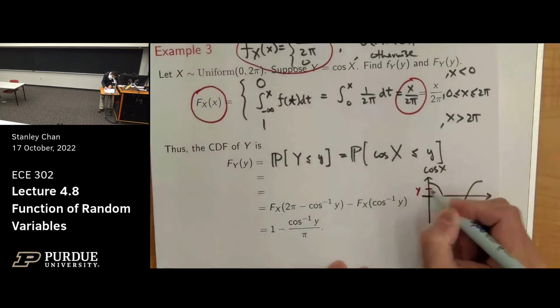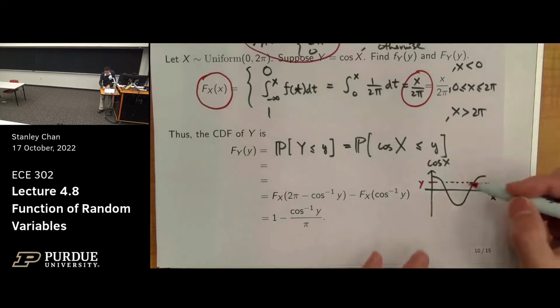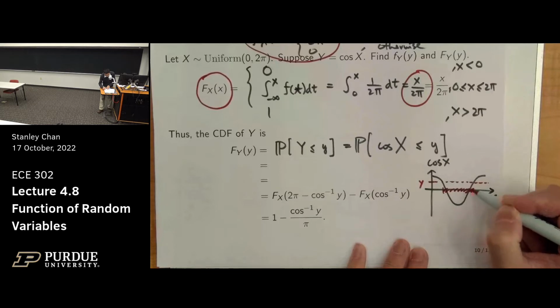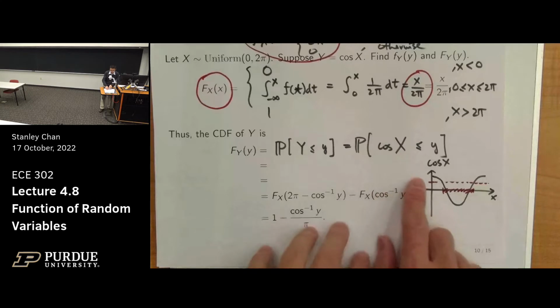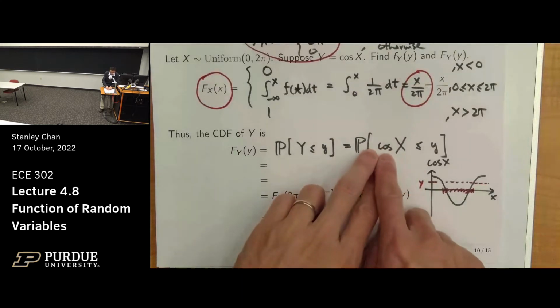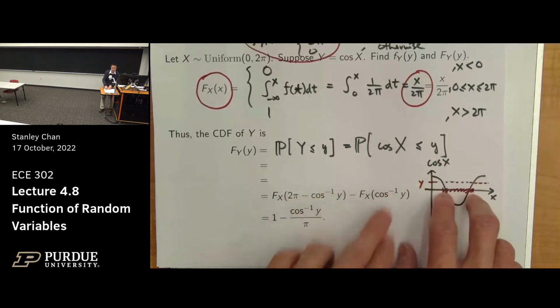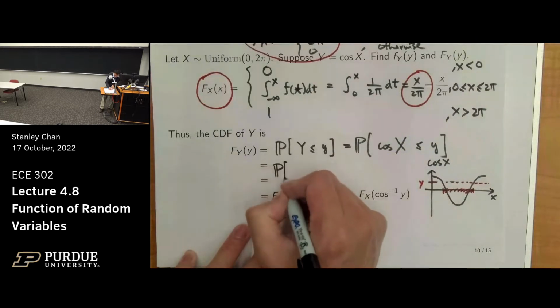So let me say that y is here. y is this horizontal line. I want to find all the x that is less than or equal to y. So there's a range. The range would be from here all the way to there. So there's a range of x. And so not only that, not just taking the cosine inverse on y, I also need to take care of this range of numbers. And so that range of numbers will be the probability